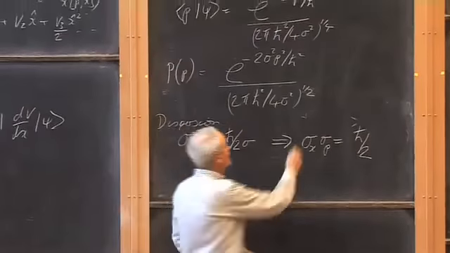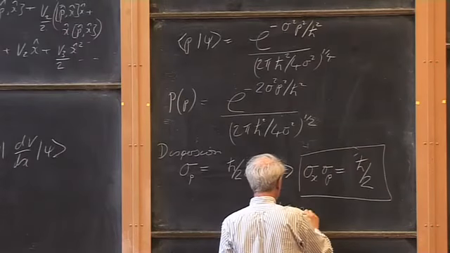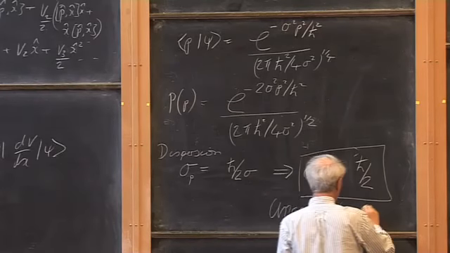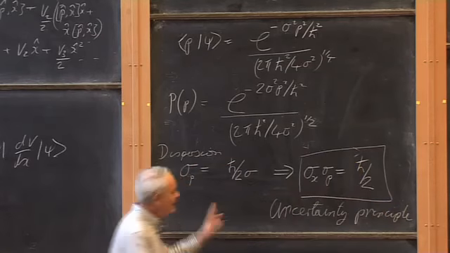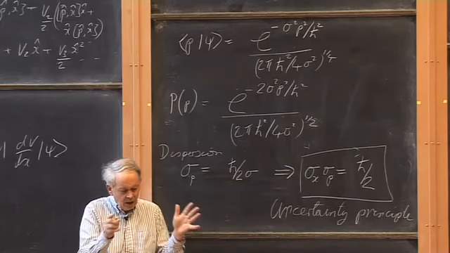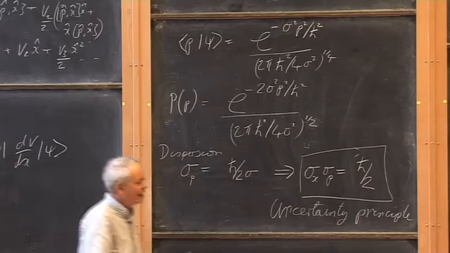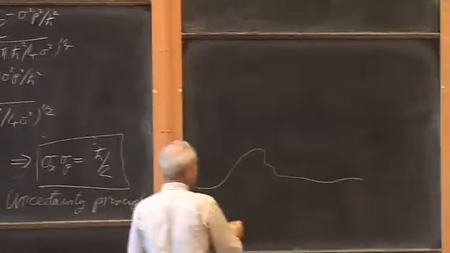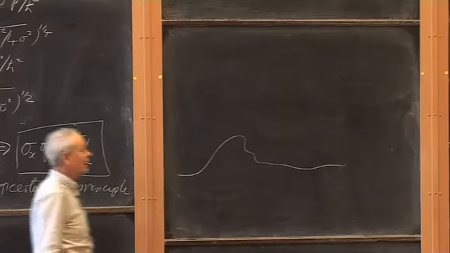So this is the classical statement of the uncertainty principle. In this particular model, this is an exact mathematical statement. It's a statement about the widths of two Gaussians. But in a generic case, if you know your probability distribution is like this, just some curve that's got a natural width and a location in x,